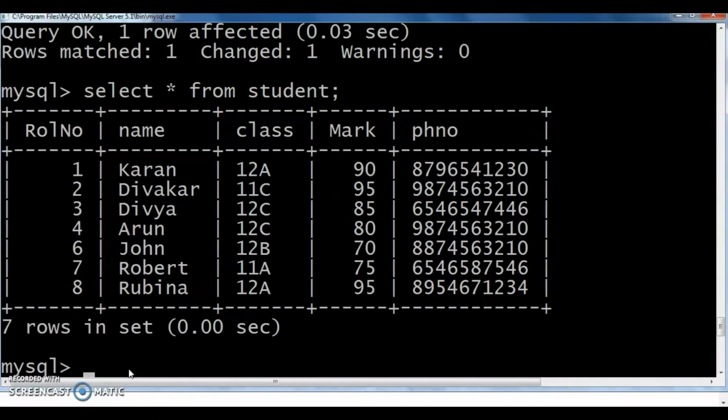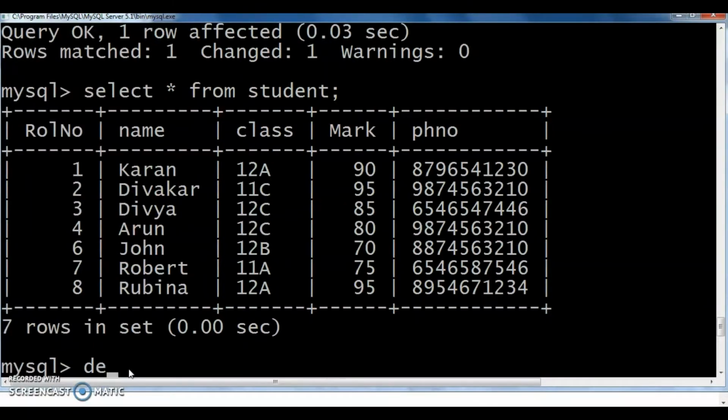That means we can delete whole records from this table, not just a specified field. Without specifying any condition, it will delete all the records from that table. If you specify a condition, it will delete the records according to that condition.